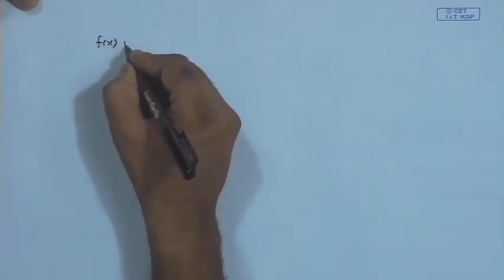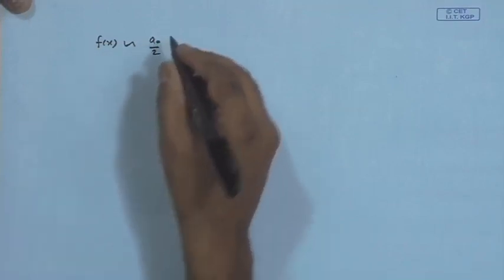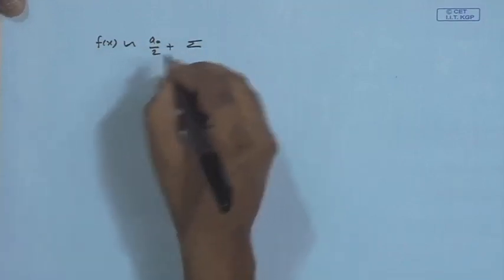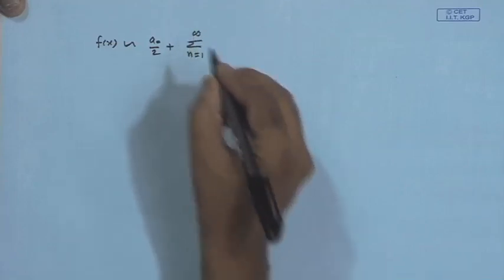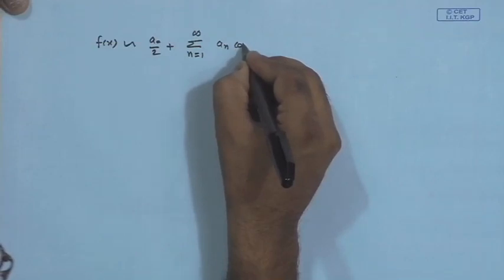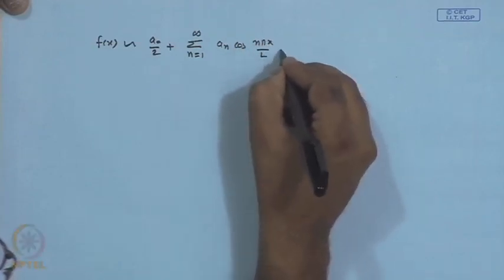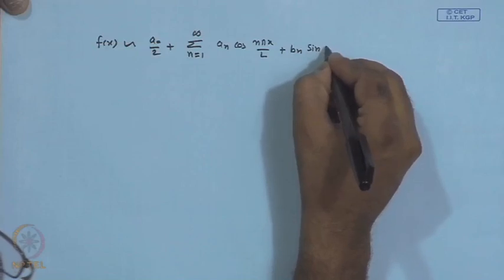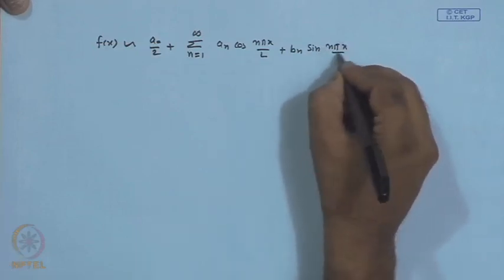Okay, welcome back to the lecture on Fourier series. In the last lecture we discussed the Fourier series representation of a function of period 2L in general, or we were talking about functions of period 2 pi as well. If a function is periodic of period 2L, then its Fourier series will be given by a 0 by 2, a constant which will depend on the function, plus the sum from n equals 1 to infinity of a n cos n pi x over L plus b n sin n pi x over L,